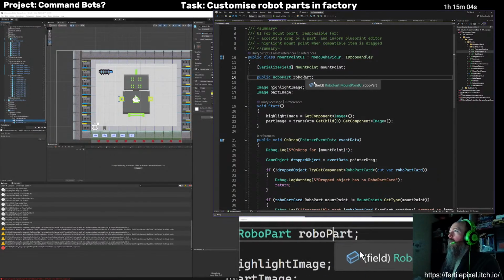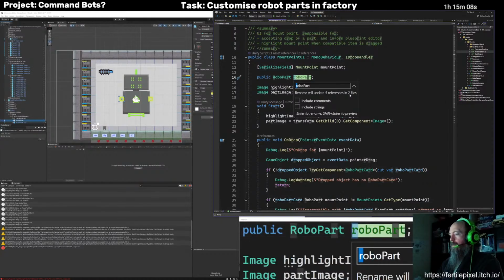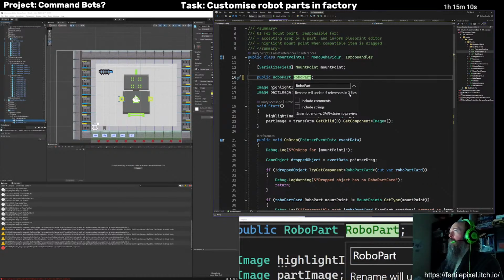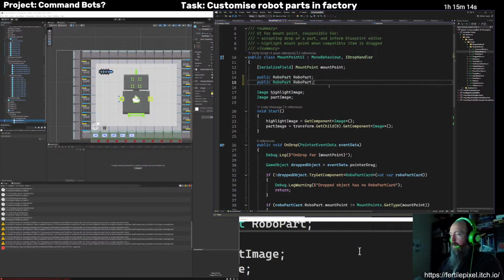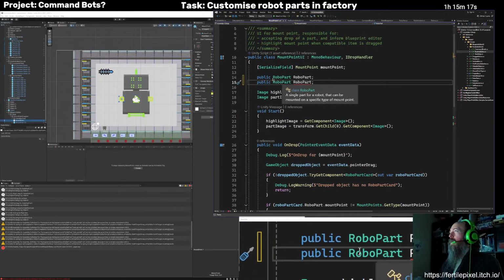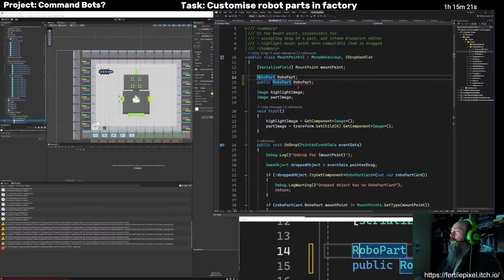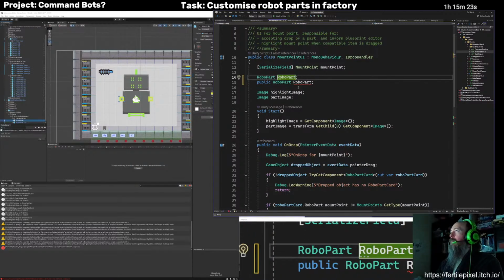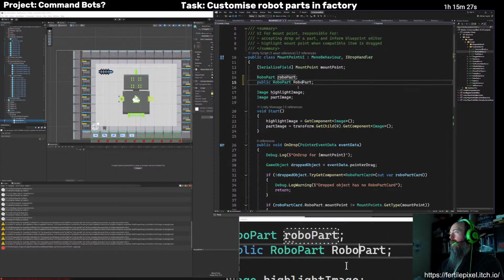Let's just rename this to RoboPart with a capital R. Okay, I'm just going to duplicate this and actually make that be a property that's backed by a private.